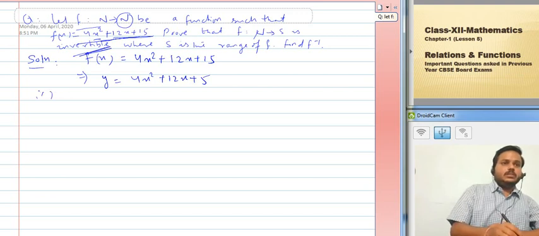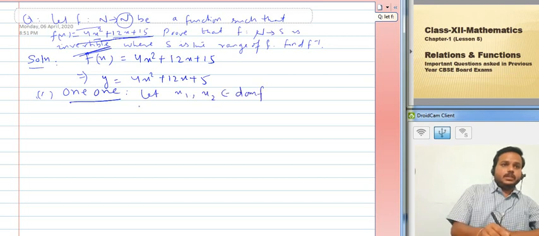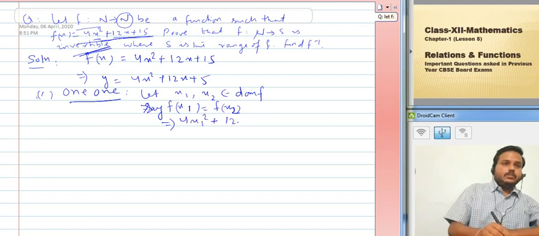Let us take two elements first, x1 and x2 belonging to the domain of f, and I will have, say, f of x1 equals f of x2. Put the values: 4x1 square plus 12x1 plus 5 equals 4x2 square plus 12x2 plus 5. So I'll have here